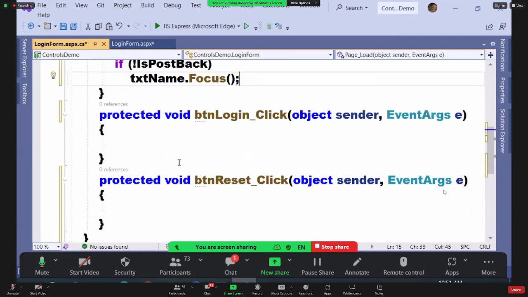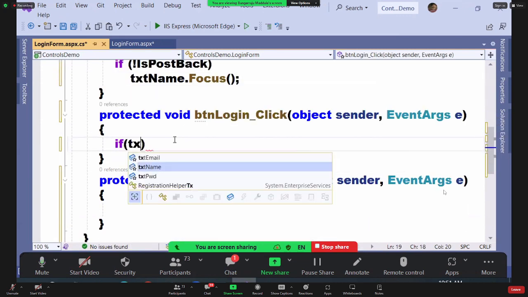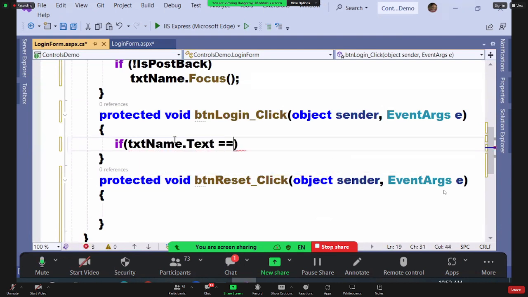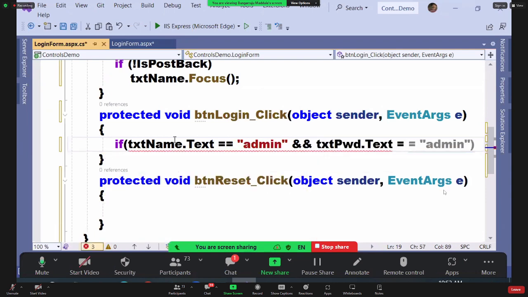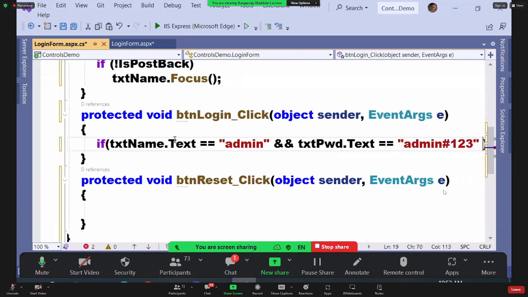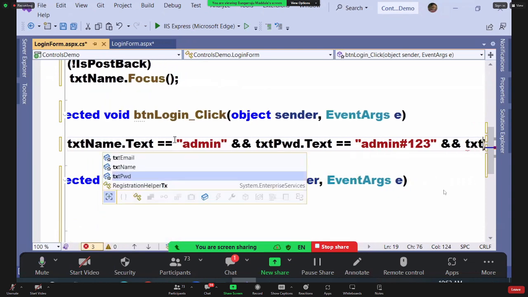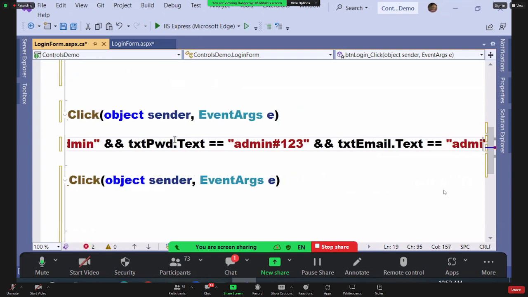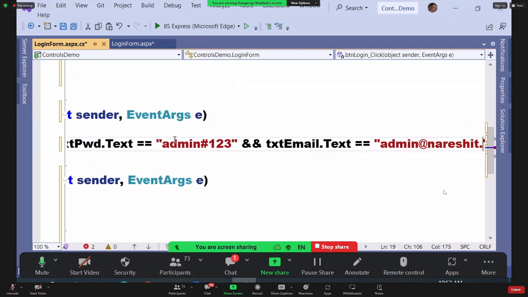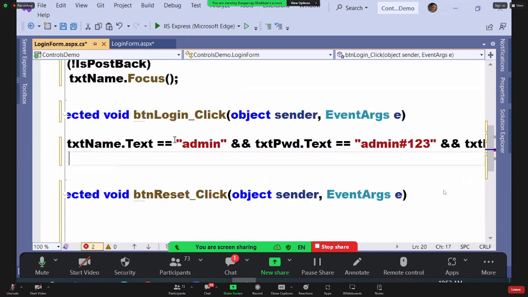Now the login: if txtName.Text equals admin and txtPassword.Text equals admin#123 and txtEmail.Text equals admin@nareshit.com, if all these three are valid, lblMessage.Text equals valid user,